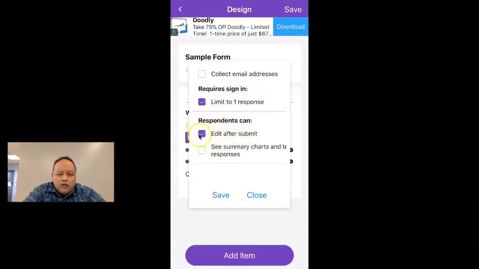So make sure that if you want them to be allowed to take it back and edit it again, then you can just leave this check marked. If not, tap on it and have it removed, and that way once they submit it, that's it. And then click on Save again,